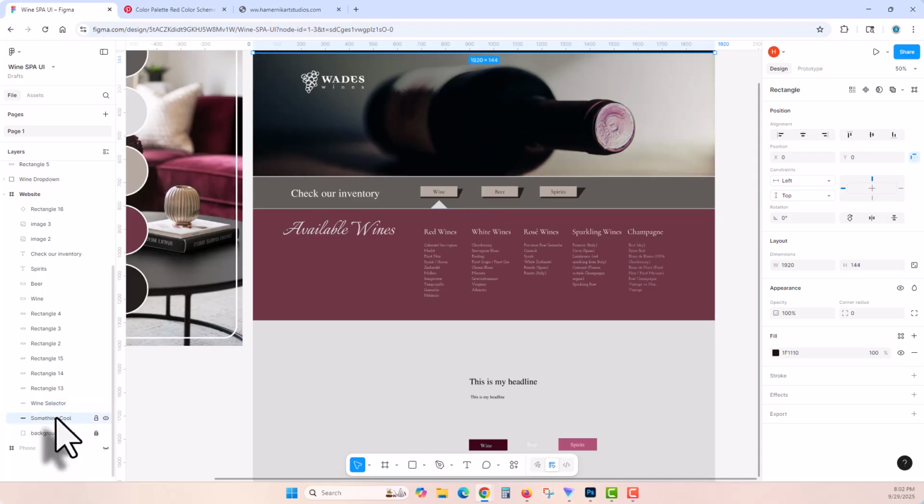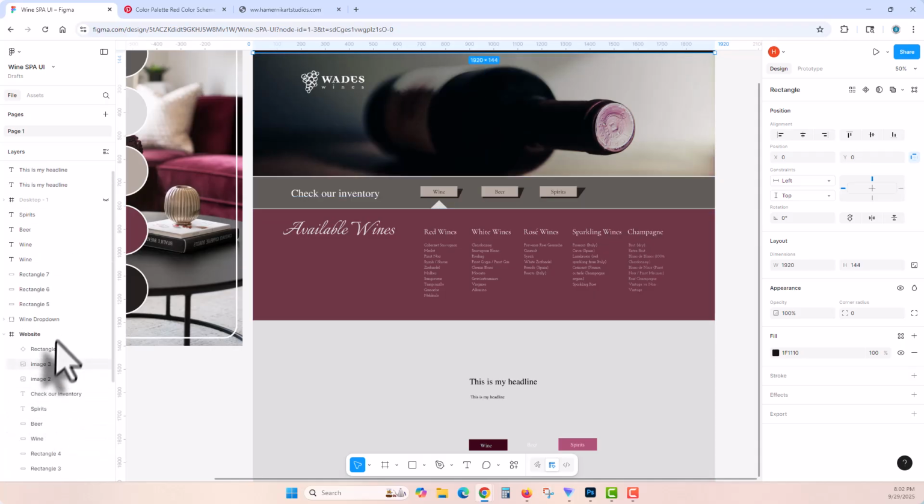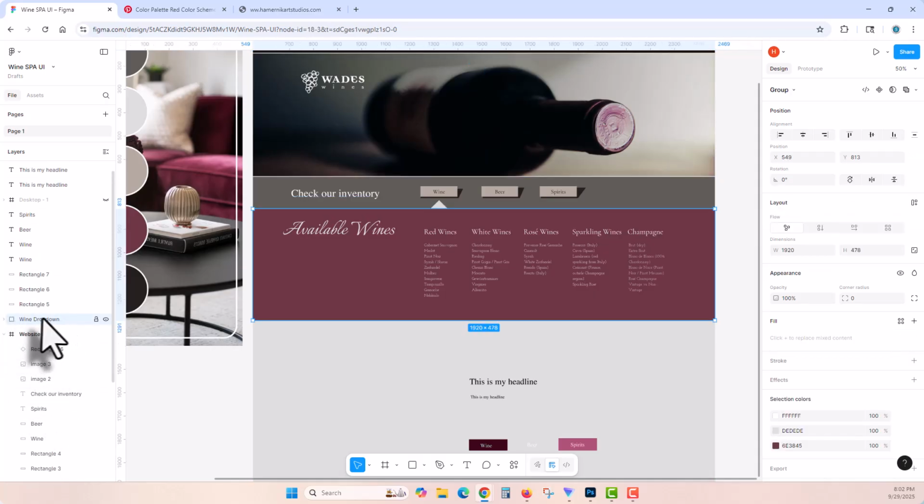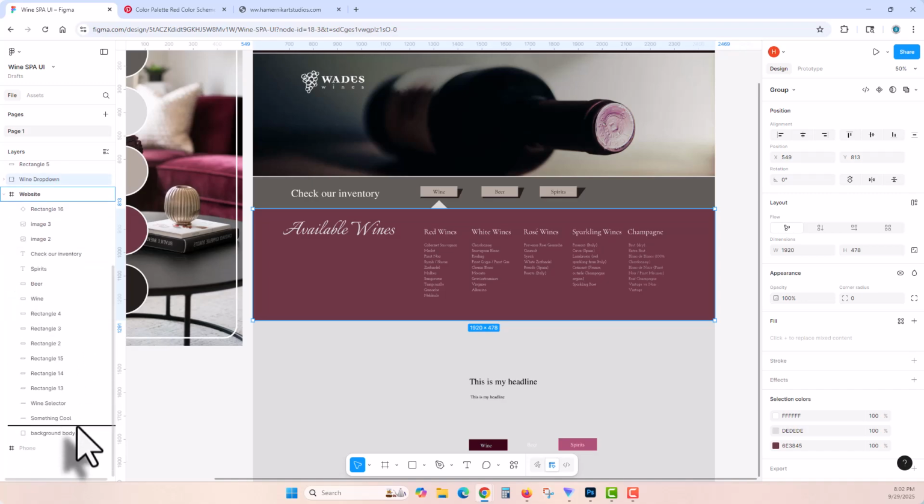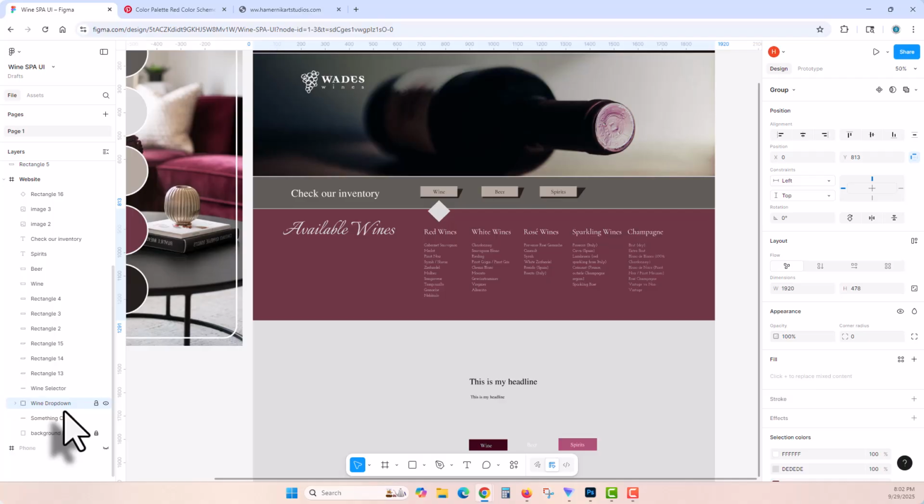Okay. And then something cool is down there also. Here's my wine drop down. I'm going to go ahead and grab that and drop it all the way down here, right underneath my wine selector. So there's my wine selector. Here's my wine drop down now. And now here is my